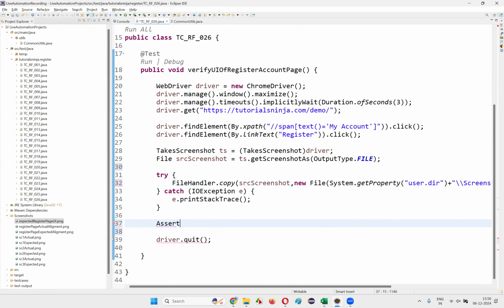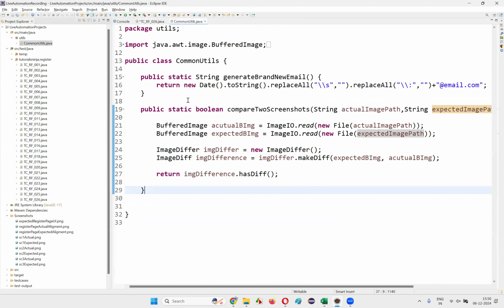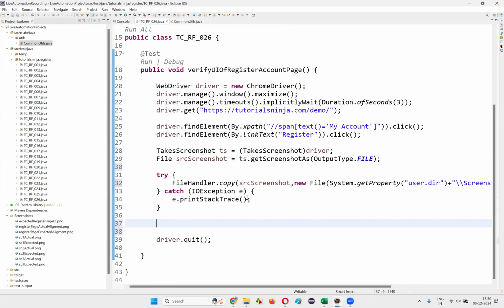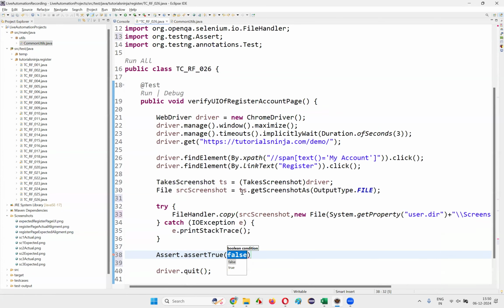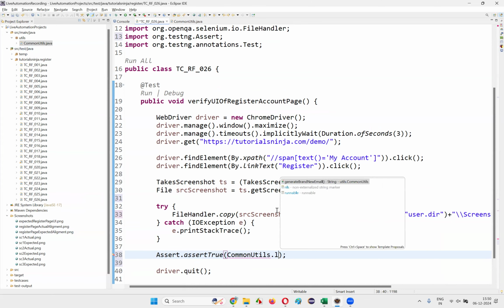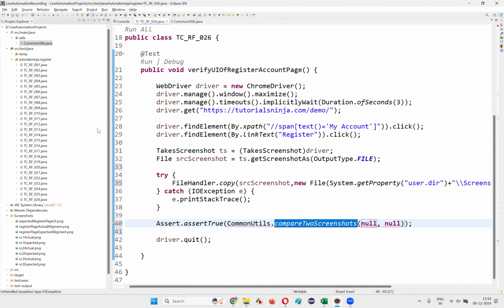And here, I'll simply do one thing. So, assert dot, sorry, what is that? Compare. This is returning true or false, right? So, Assert dot assertTrue, I'll say. After Assert dot assertTrue, here I need to call this method, CommonUtils dot compareTwoScreenshots. A reusable method is already created as part of that. Here in the compareTwoScreenshots, I need to pass